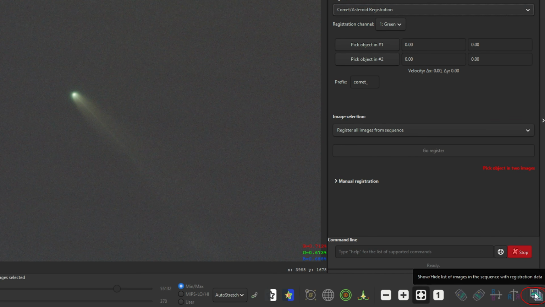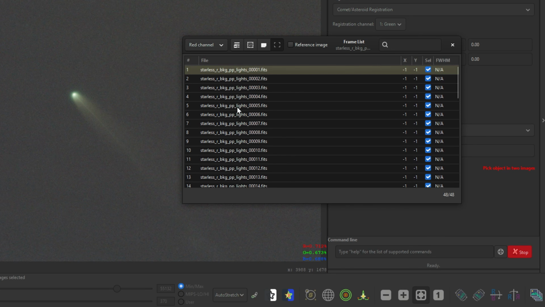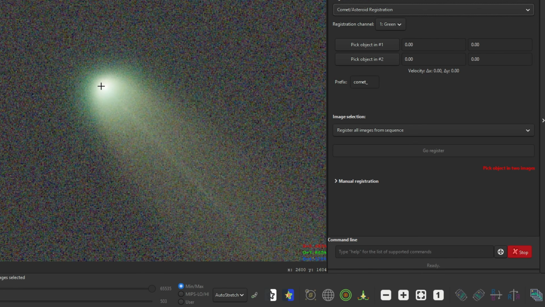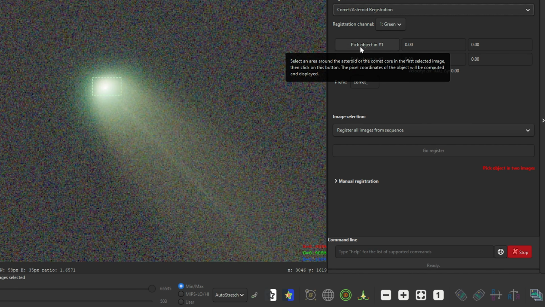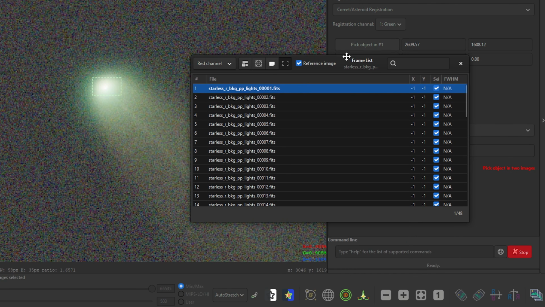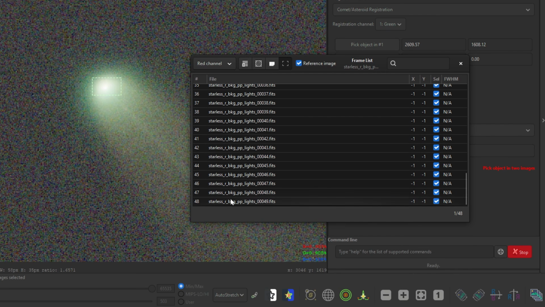We're going to click on our frames list at the bottom right-hand side here. Make sure our first frame is selected. I'll close this for now. I'll zoom in with my scroll bar. I'll make a tiny box around the core of the comet and click this button that says pick object in number 1, so it gets the pixel coordinates. I'll click back on the image frames list again. Go all the way to the bottom,